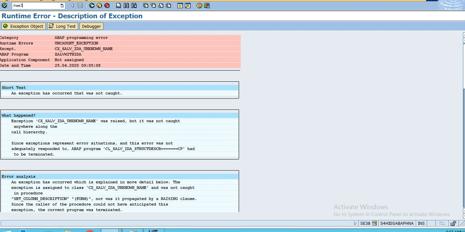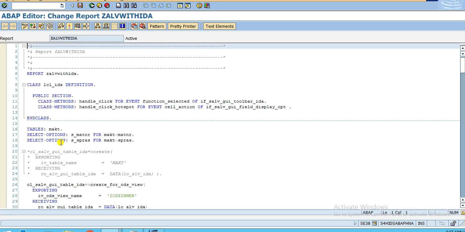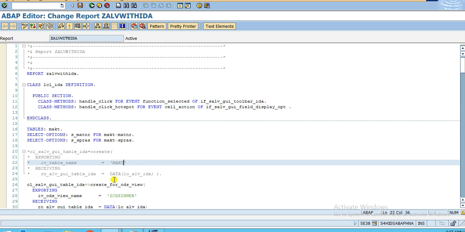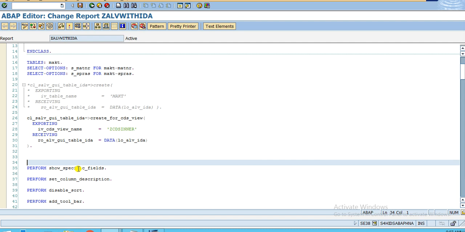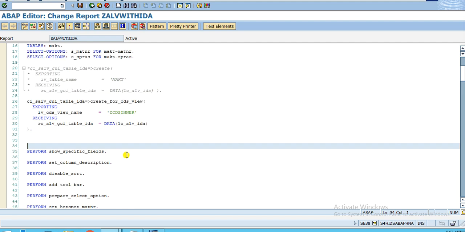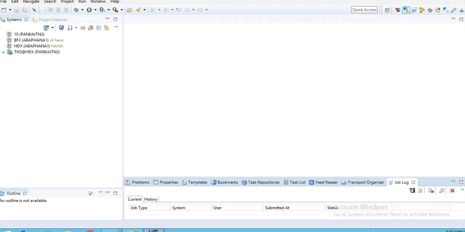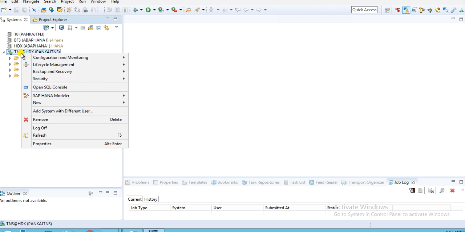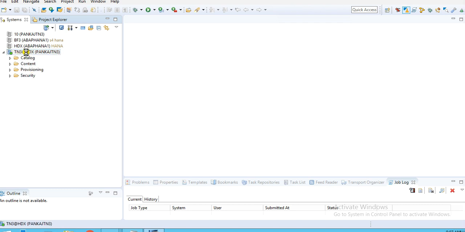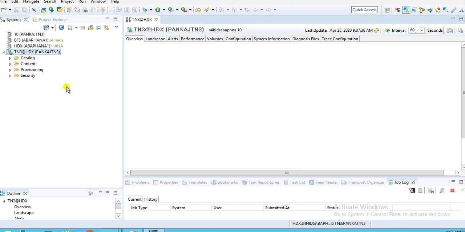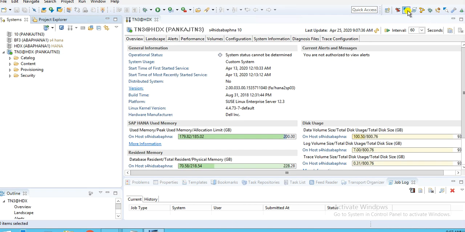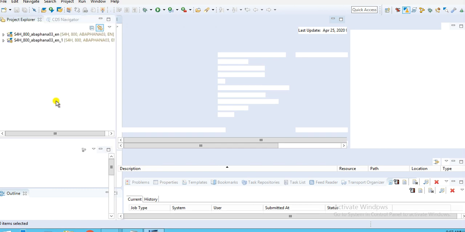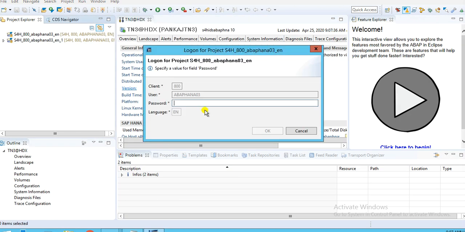So what we will do is go to SE38, and MAKT is there. Okay, so better to take specific fields, because otherwise it will not work, and all these things. So what I will do is prepare one CDS quickly. Okay, and right click over here, go to ABAP perspective, reset. Yes, I want to reset. Come over here